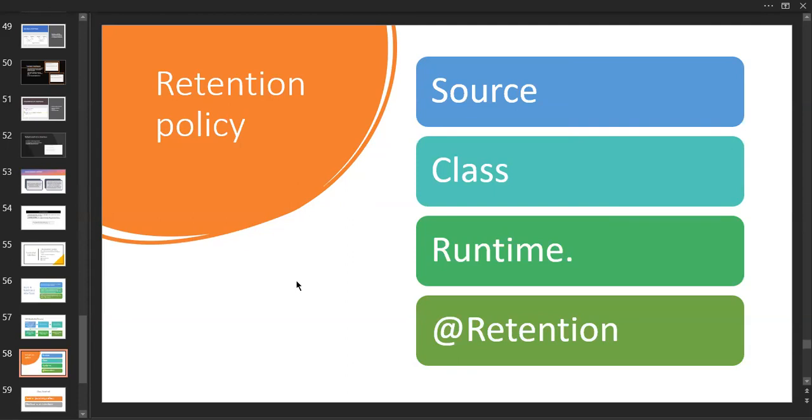Again, I'm telling you, the logic of the program depends on the programmer. He knows when to use the annotation, such as @Override, because Override is an annotation, right? That's why I'm saying it that way. So the programmer knows where to use these annotations.